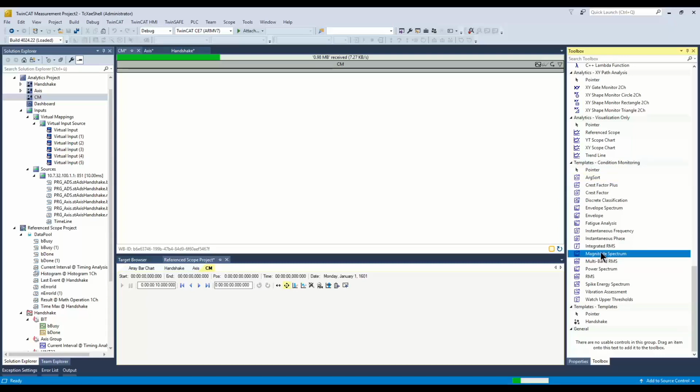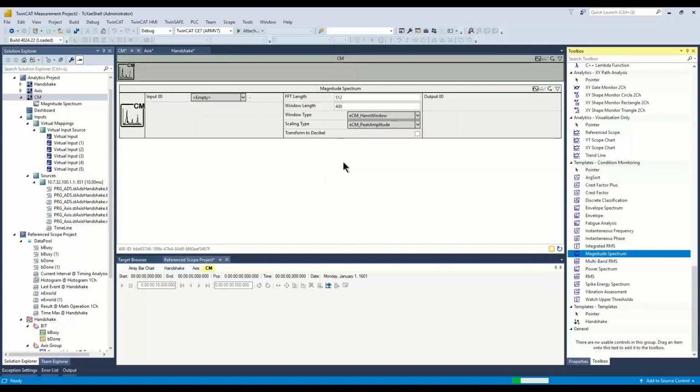Just let me show it with one special algorithm. It's called the magnitude spectrum. It's a very simple algorithm that, in case of condition monitoring, is just calculating the magnitude spectrum with the fast Fourier transformation of a time series signal, and it's just transferring this time series signal into a magnitude spectrum. So that means for each frequency part inside of your signal, the magnitude will be displayed at the output